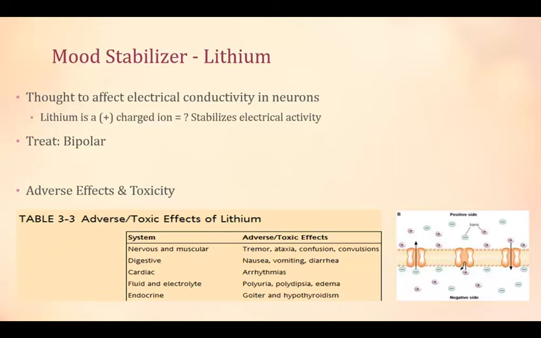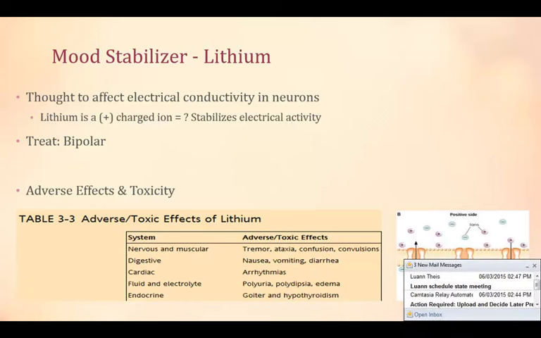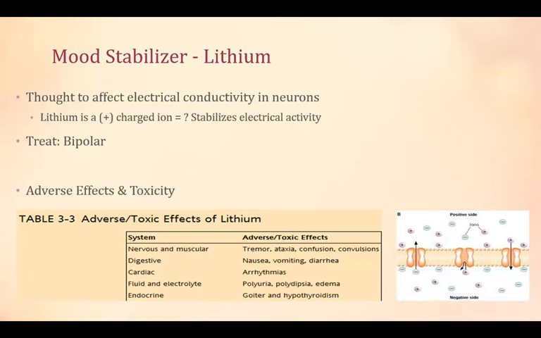Now, lithium can be a very toxic drug. By altering the electrical conductivity of the cell, the lithium represents a potential threat to all other body functions. So too much lithium can cause cardiac problems such as sinus bradycardia. It can cause extreme alterations in cerebral conductivity. So with overdose, it can lead to convulsions. It alters the nerve and muscle conduction and can lead to tremors or other extreme motor dysfunction with overdose.